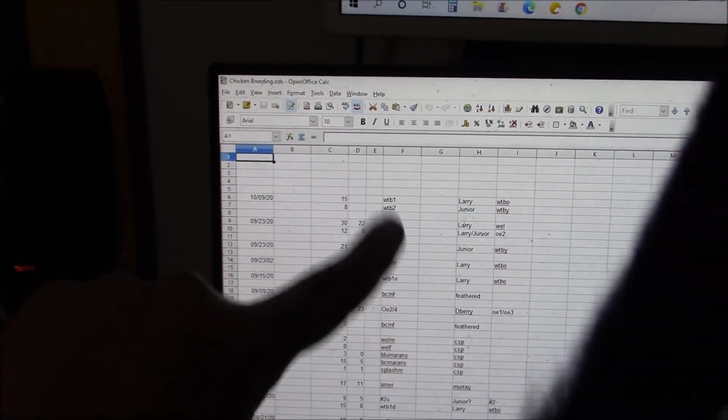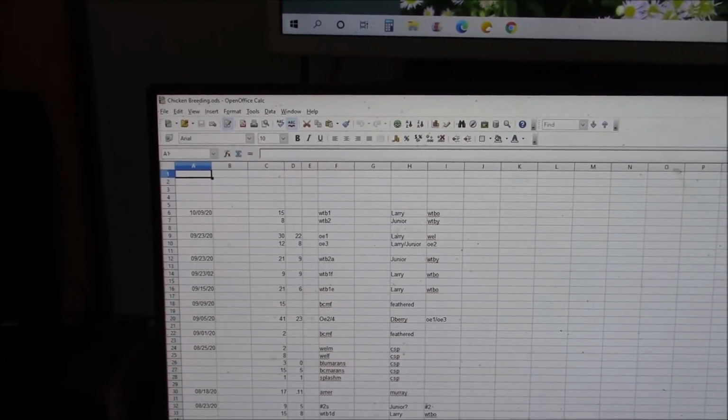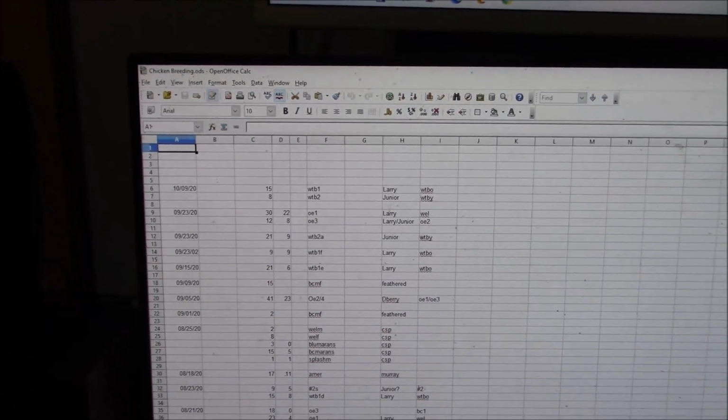And then I use the codes on, yeah, that's Bob's tail. Bob, dude, I'm trying to make a video here. Anyway,